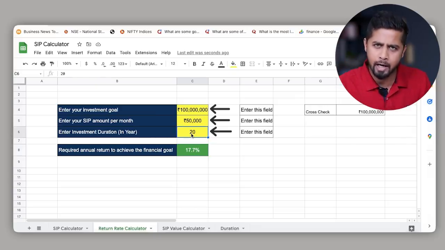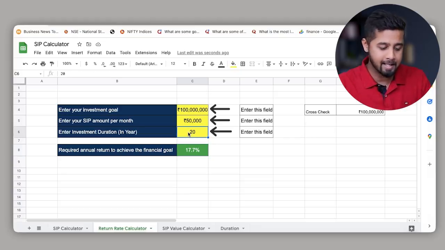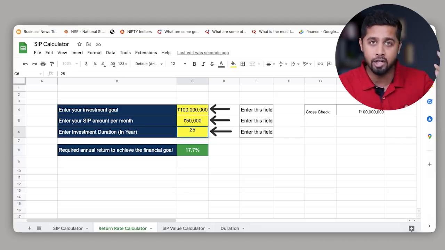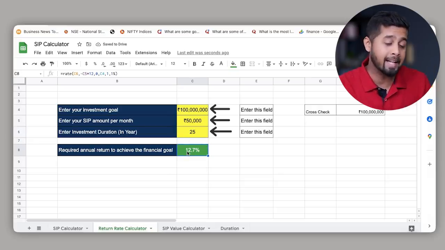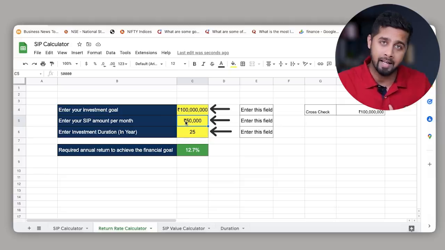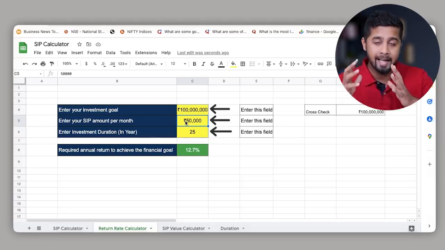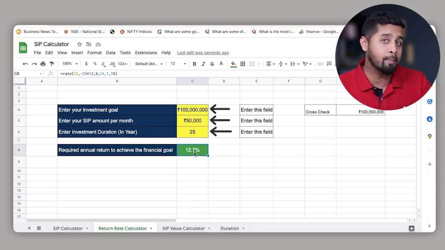So let's say here you are 30 years old and you want to retire in the next 20 years at the age of 50. In that case, if you make an SIP of 50,000, you would need 17.7%, which is difficult. So rather than investing at the age of 30, what if you start early at the age of 25? In that case, if you start at the age of 25 and retire at the age of 50, you would need a rate of 12.7% to achieve your corpus of 10 crore with a SIP of 50,000. So just understand this. Such a huge impact it makes. If you start 5 years early, then instead of 17.7%, you just need a return of 12.7%, which is very much achievable.